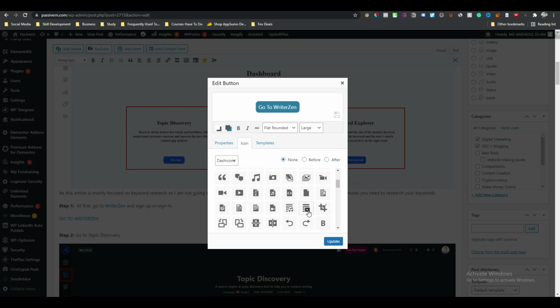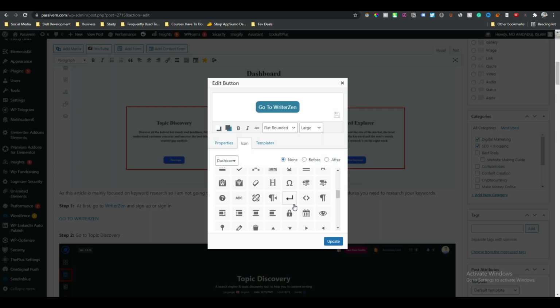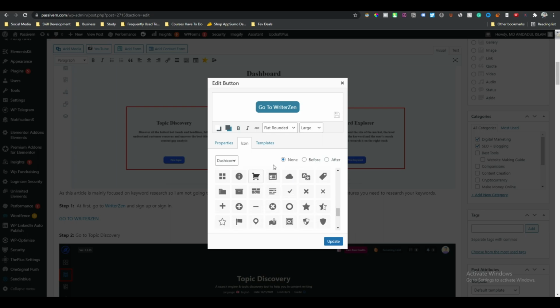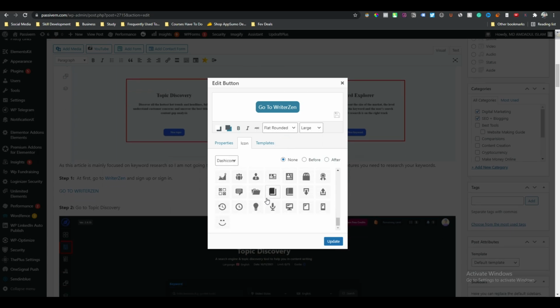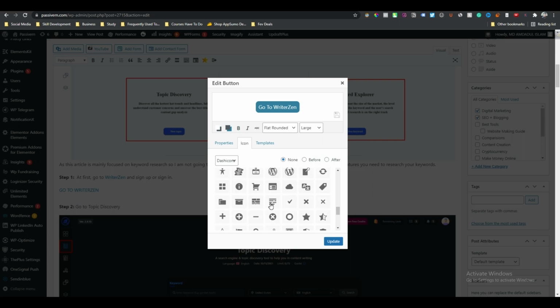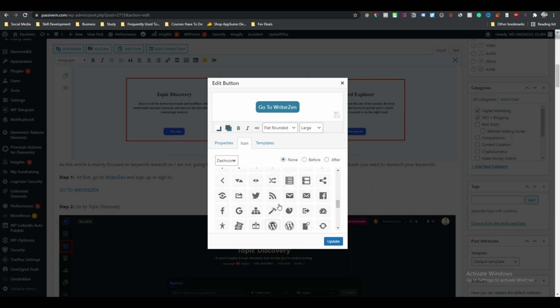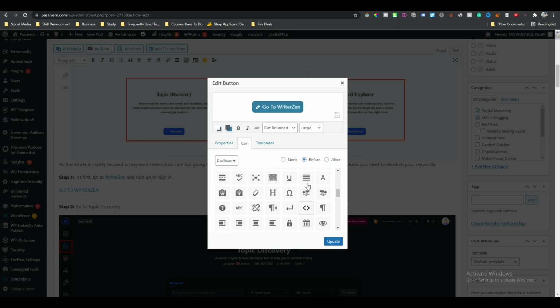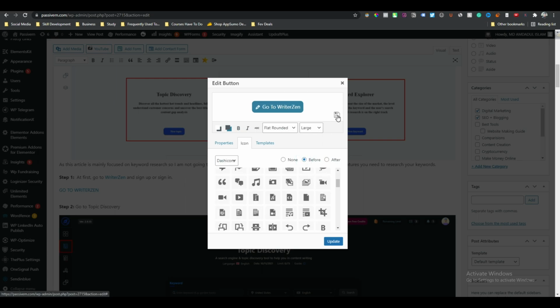Let's see if it has one or not. There must be a search button, but the developer did not give a search option here. This is the pen icon, and you can keep the icon before or after. I'll keep it before. After doing everything, click save